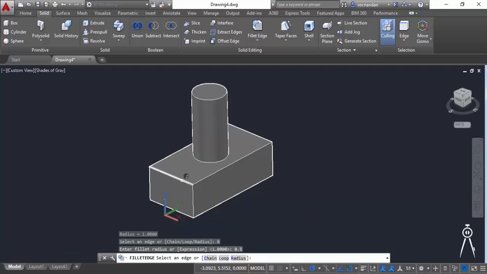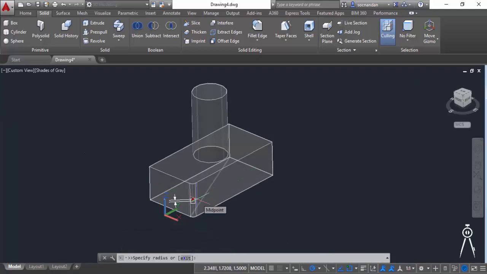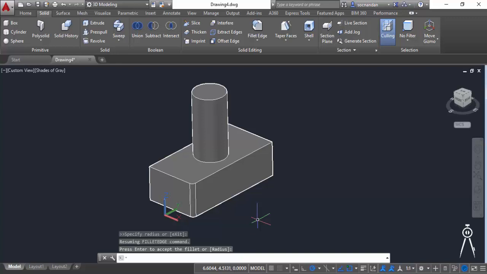So let's go to this edge on this cuboid and select it, and here we have the radius applied to it. Now let's press enter once and you'll see a preview of this radius. If you are still not confident with this radius, then you can change its value further by clicking on this grip and manipulating it manually. So right now here is the grip. Let's click here and the radius is finalized. Let's press enter to accept the value. Now the radius has been changed for this fillet.